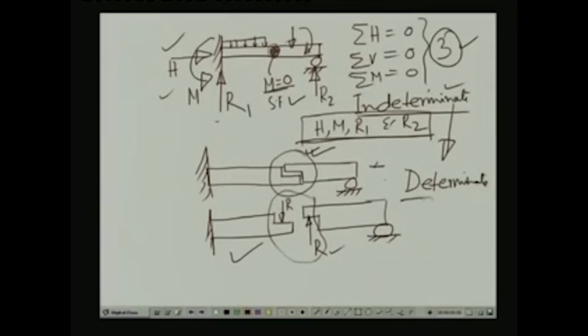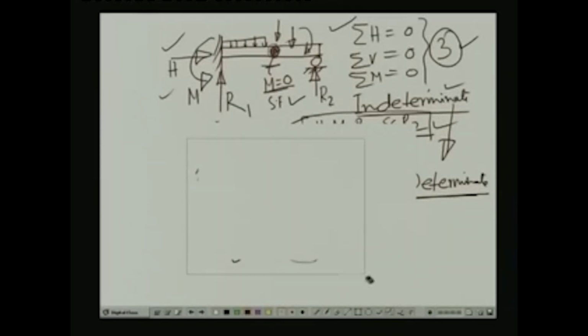The beam becomes determinate because we generate an additional equation. So, we have 4 unknowns, we get 3 equations of statics plus 1 additional equation. So, it becomes a determinate situation. Now, if we have a determinate beam, in which case we do not have this support, it is just a cantilever, then if we have the cantilever beam which is fixed at this particular end, and if we like to introduce this articulation over here, again this is subjected to different kinds of loading, distributed loading, concentrated loading,